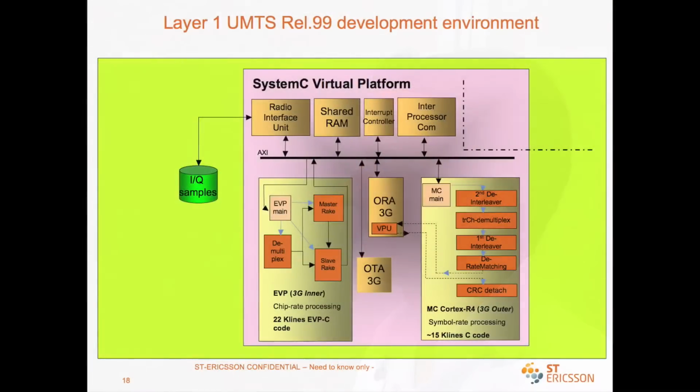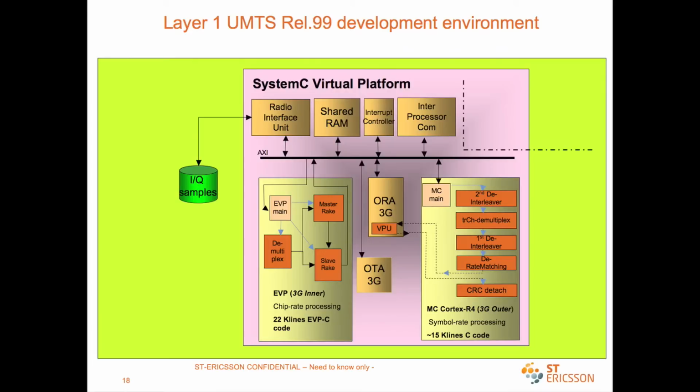Master reg here is monitoring the primary common indicator channels, and basically all the chip rate is done on this core. It was around 22K lines of EVP C code, which is a mix between pure C and some mnemonics